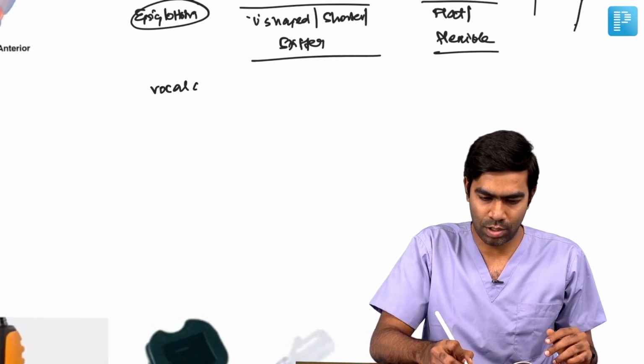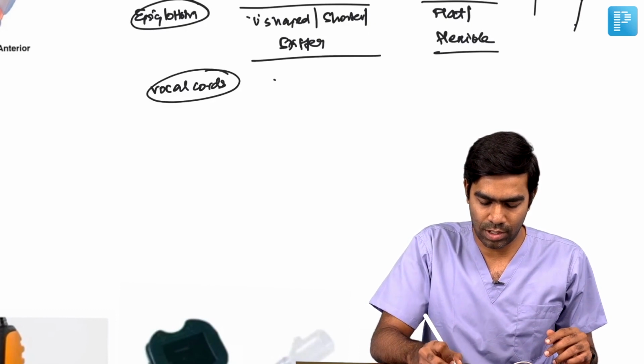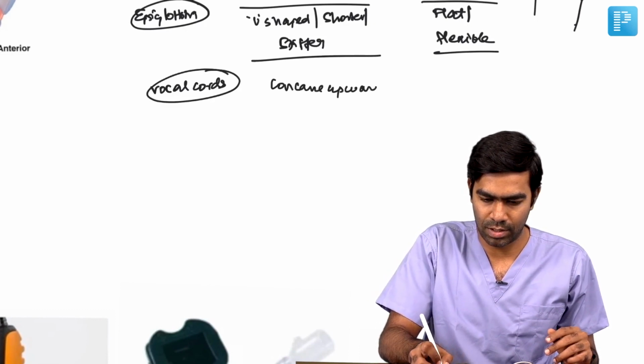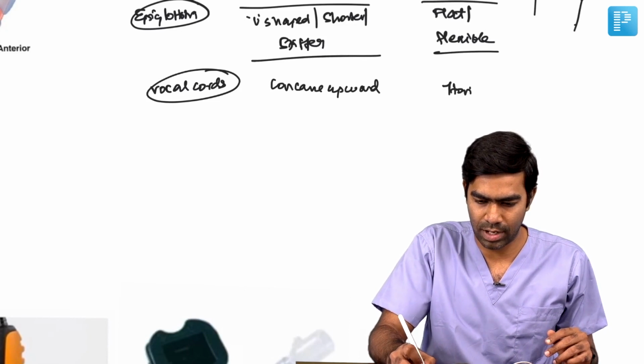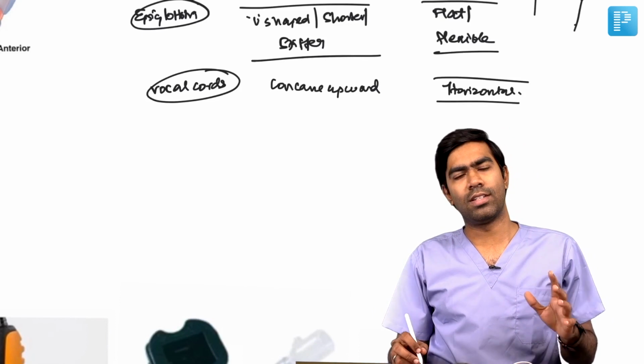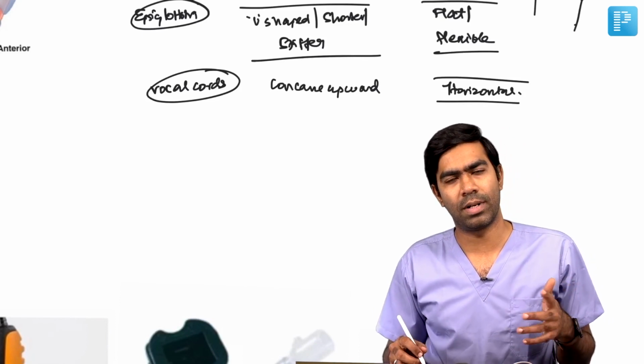And what about the vocal cords? Vocal cords are concave upward, and here the vocal cords will be horizontal. So remember, this will not have any impact in intubation, but they might affect the